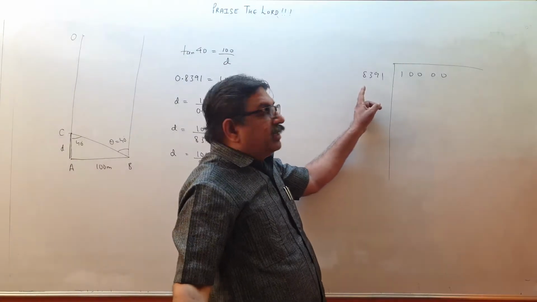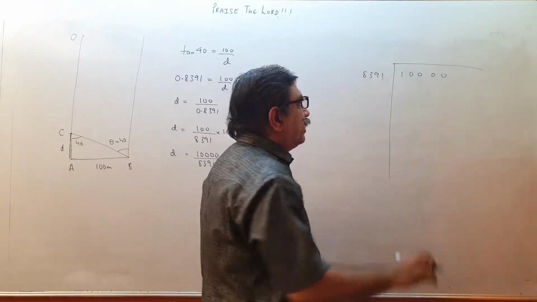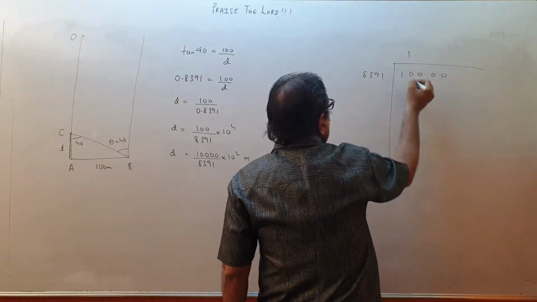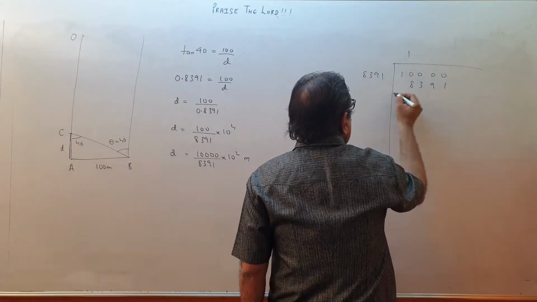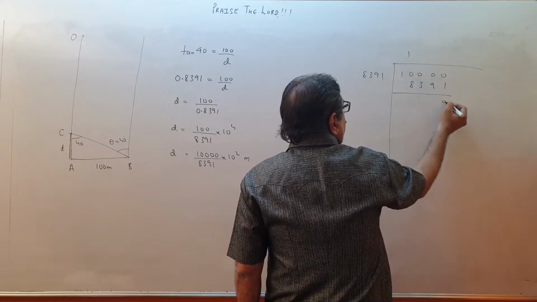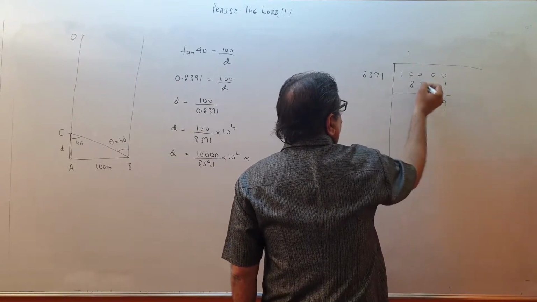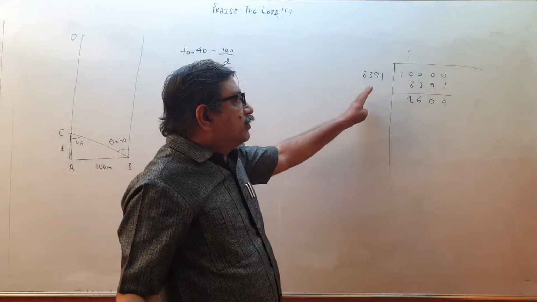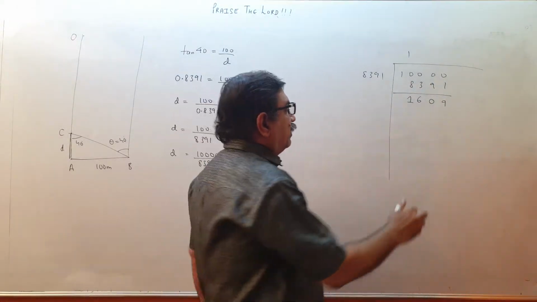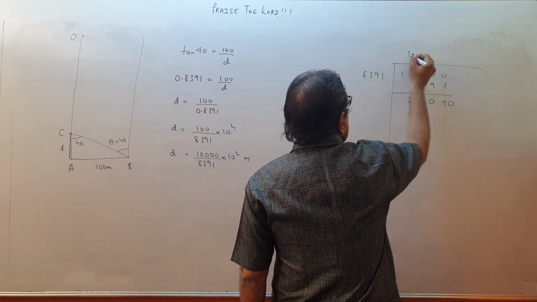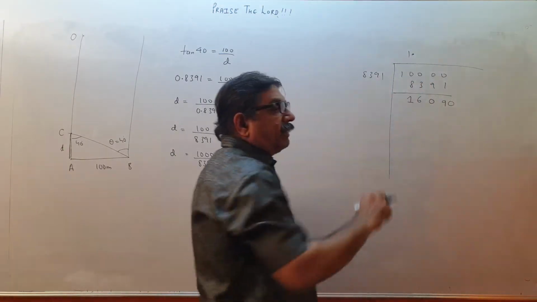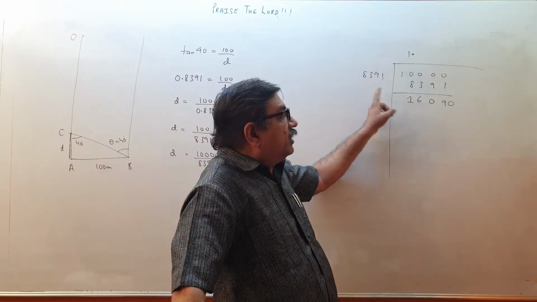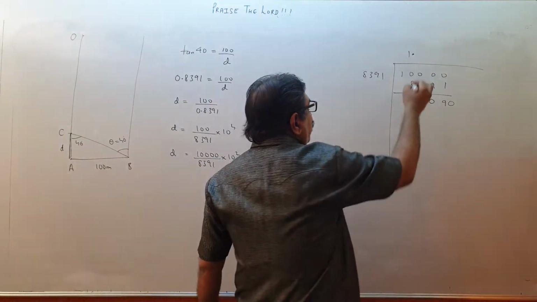This is 8,300, this is 10,000. That will go only one time, because 2 times will be 16,000 something. So 1 time only 8391. Subtract children, 10 minus 1 is 9, 9 minus 9 is 0, 9 minus 3 is 6, and 9 minus 1 is 8. 8,300 cannot go in this, so we take 0 and we put a point. In this much again it will go only one time, because see, almost 8,400. Double will be 16,800. So it will go only one time.